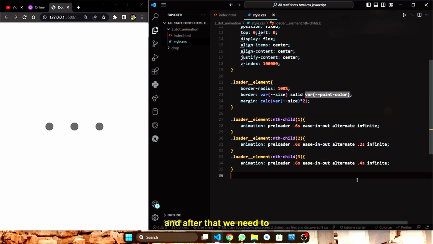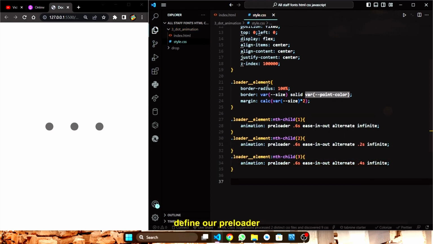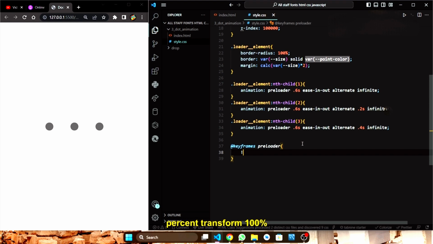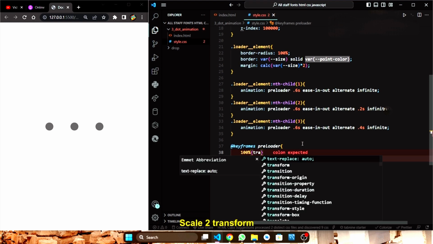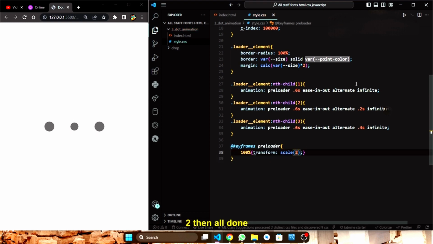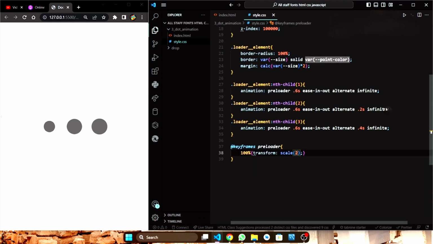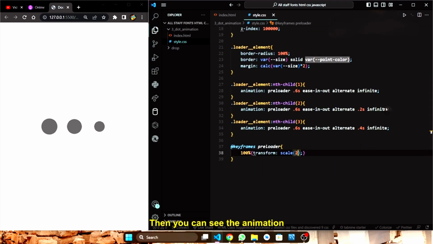And after that we need to define our preloader keyframes, 100% transform scale 2. Then all done in our HTML and CSS section also. Then you can see the animation how it looks. So all of that